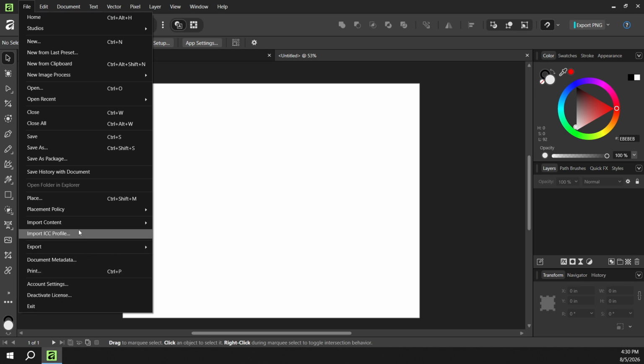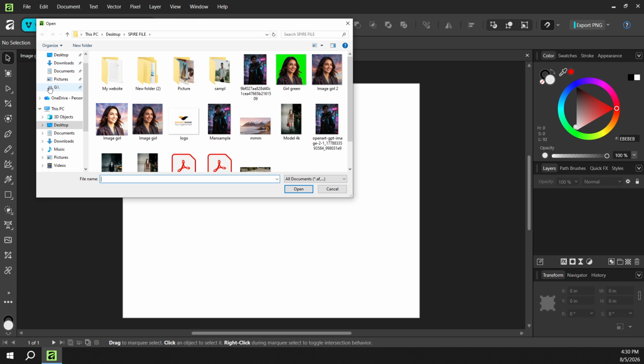Choose Open from the dropdown. A file browser will appear. Navigate to the folder where your PNG is stored, then select the file. If you don't immediately see it, make sure the file type filter is set to show PNG or all compatible